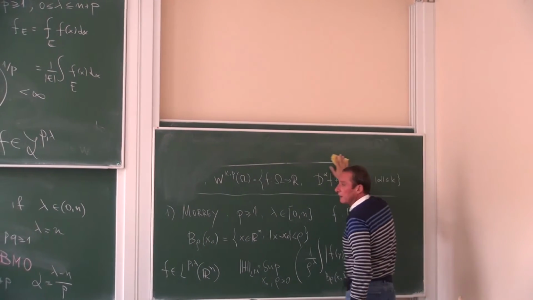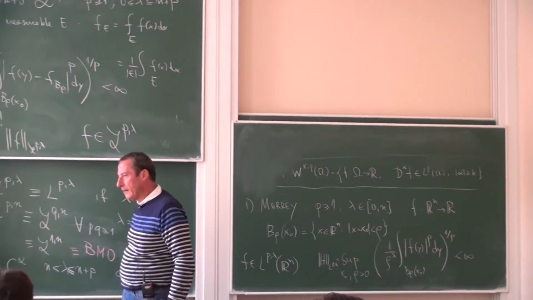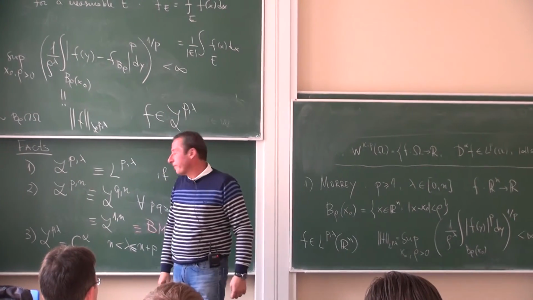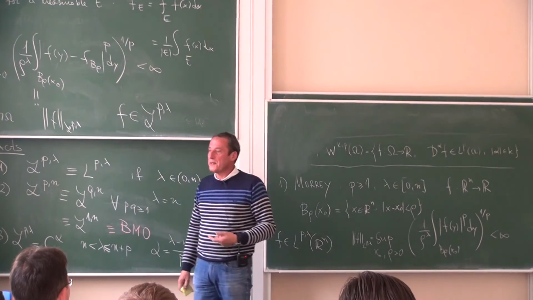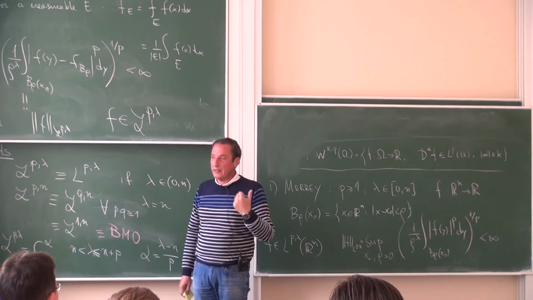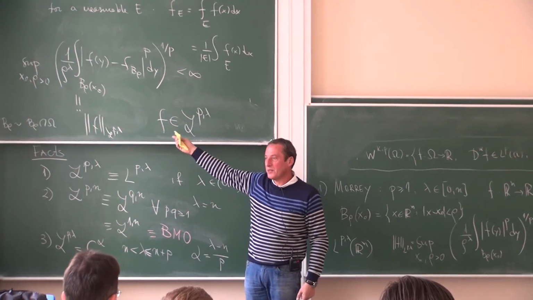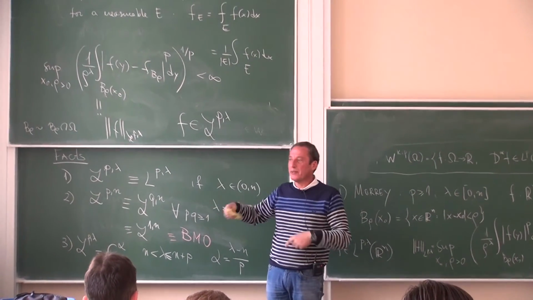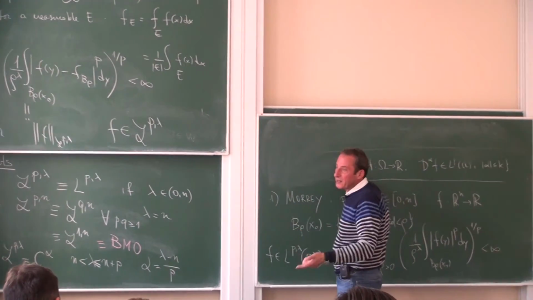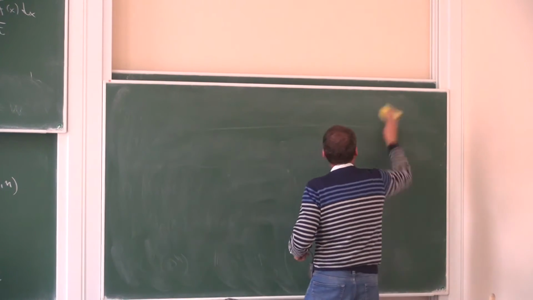Actually, Moser's lemma is a consequence of this fact. Yes? It could also be considered a consequence, but historically the lemma of Moser was proved before, then Campanato introduced these spaces. So after, Campanato rediscovered this result, and it is a trivial consequence of his result. Yeah. So let me define now